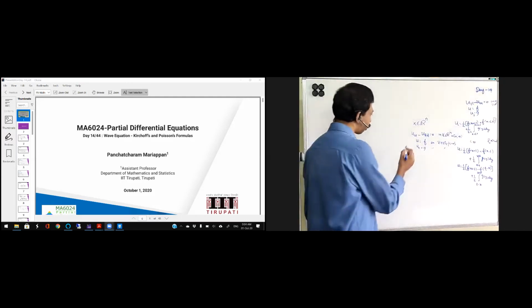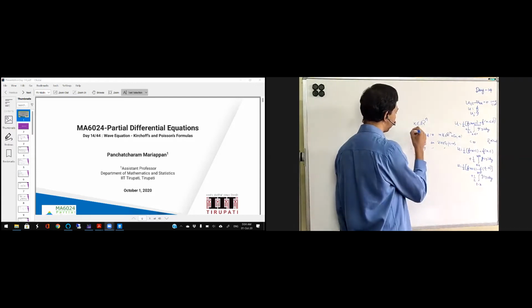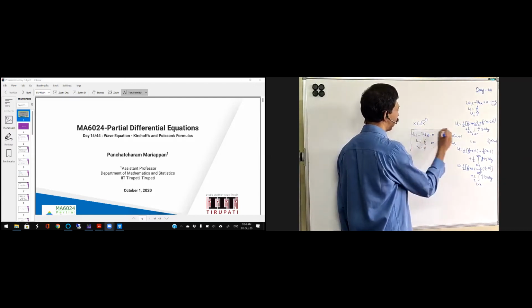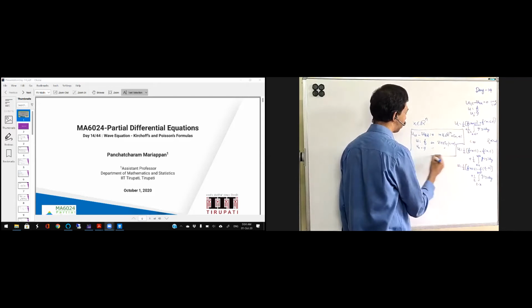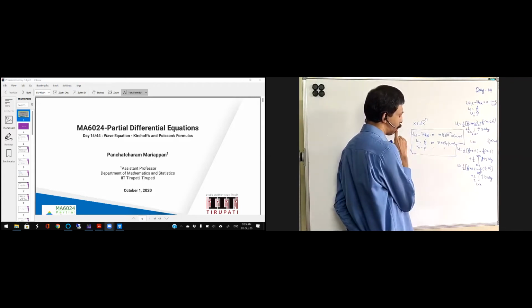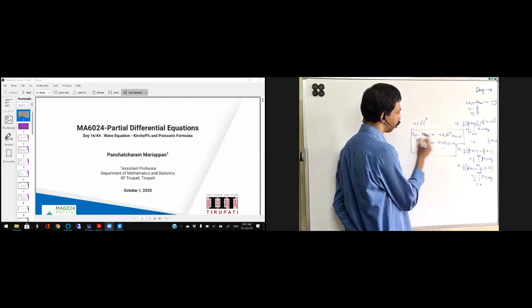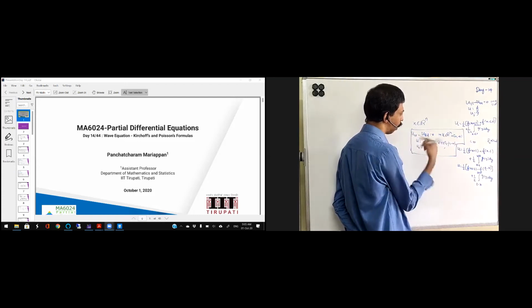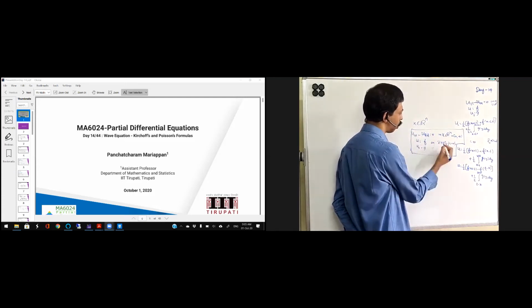So now what I'm going to do is try to transform this equation. Mostly I will take this setting, and the other settings we will see. So this is the one I'm just trying to do.